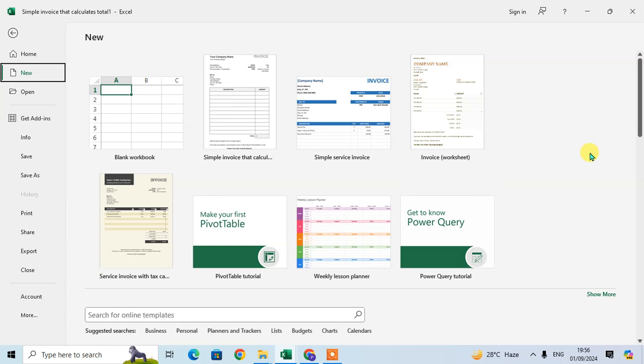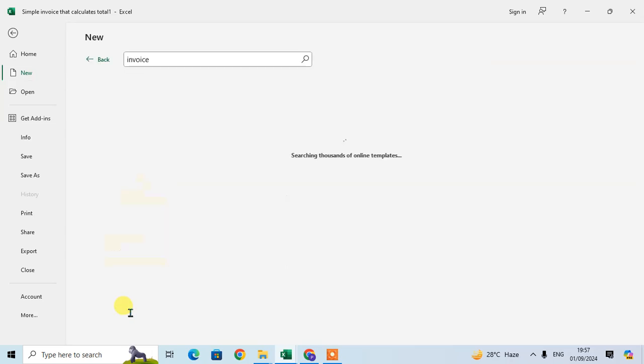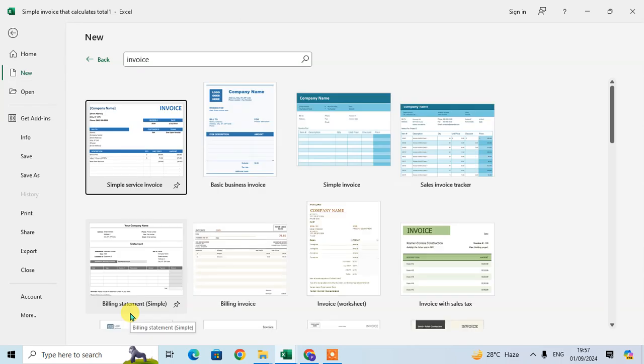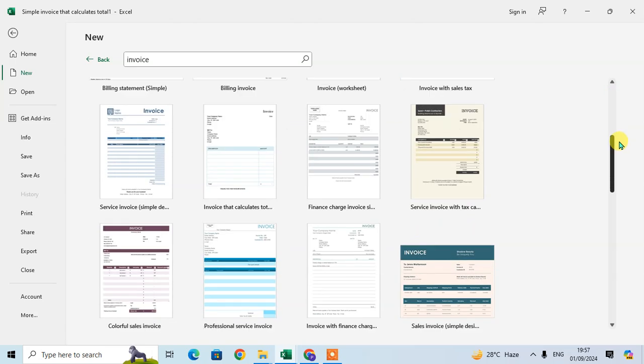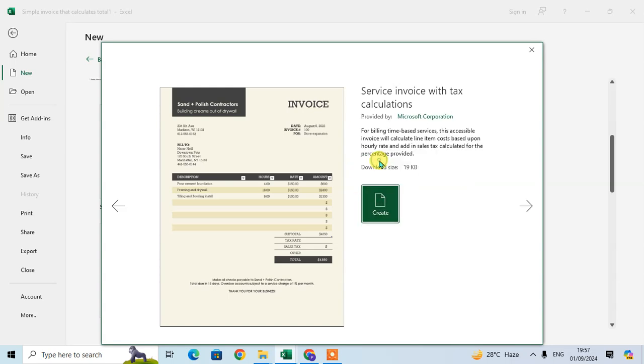invoice. Just enter invoice again and search for the invoice with tax calculations. So here there are some invoices with tax calculation, like the service invoice with tax calculation. So just click on it and click on Create,